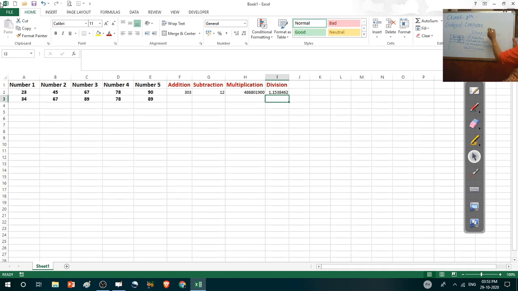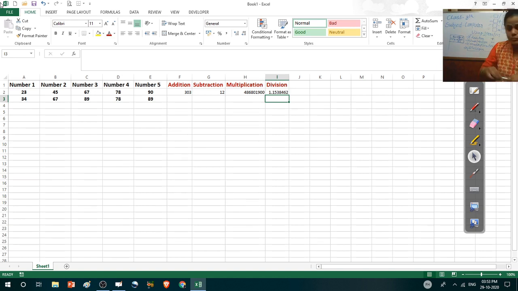First type the equal sign, then the cell address, then the operator, then again the cell address. Just like cell address minus cell address, cell address asterisk cell address for multiplication, and cell address slash cell address for division.